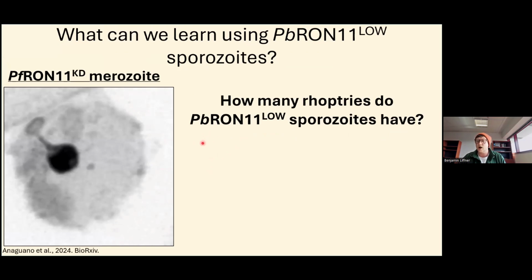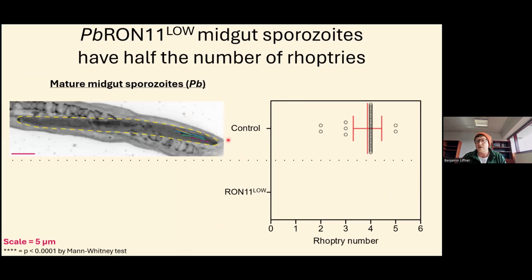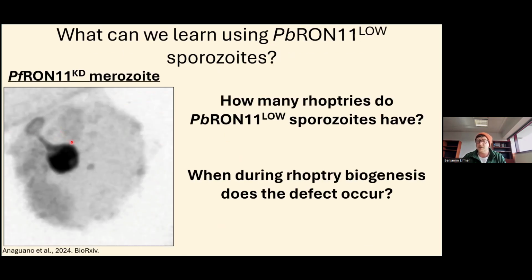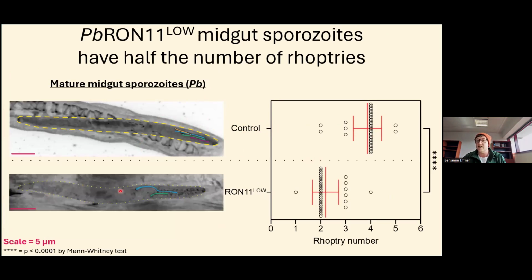And also we wanted to know when temporally the rhoptry biogenesis defect, if they had one, would occur, if it was the same as in sporozoites. So first, the same as in merozoites. Looking at mature midgut sporozoites in our RON11 controls, we saw an average of 4 rhoptries, as we expected, but in the RON11 low parasites, we very consistently saw these sporozoites only having 2 rhoptries, mimicking the merozoite